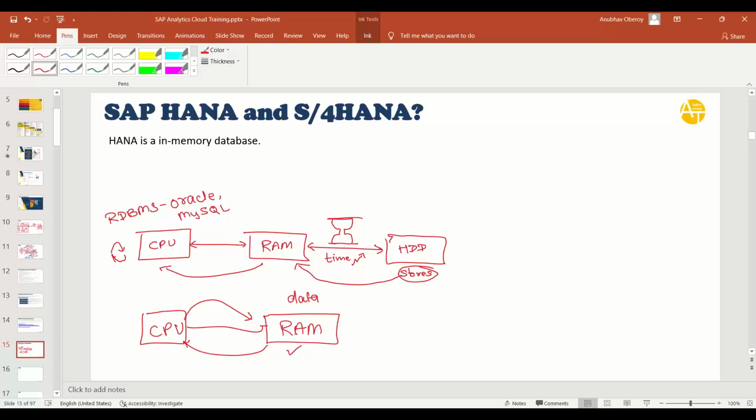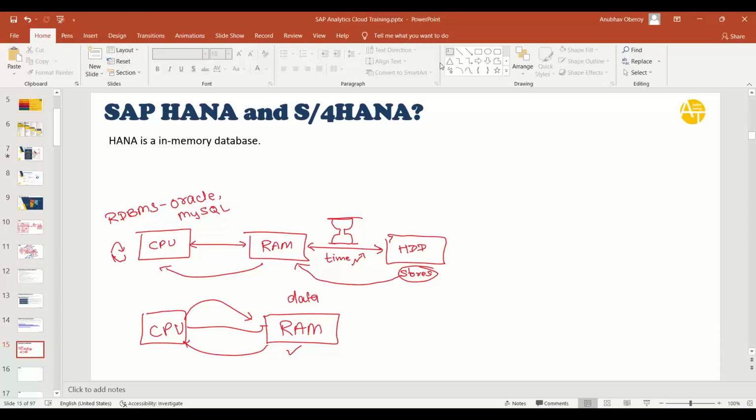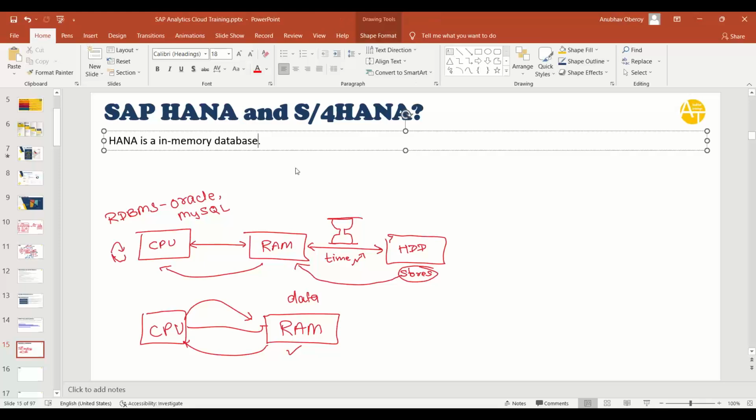You say, what about power outage? Now we have powerful backup systems. We can supply uninterrupted power 24 by 7 to the systems, right? So that's not a challenge. So now, with an affordable cost, it's possible to design a database like in-memory. And that's what SAP did. It was a breakthrough. So HANA stands for high performance